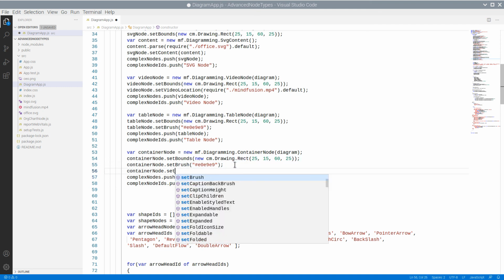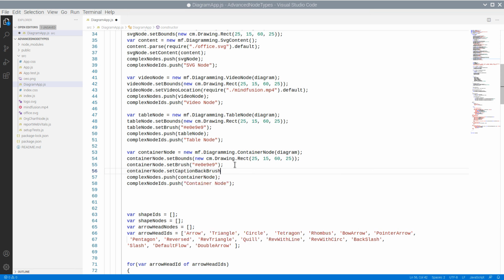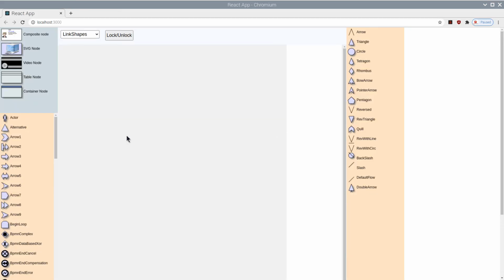As you probably have guessed, it specifies the color of the container caption. Here is the container node.